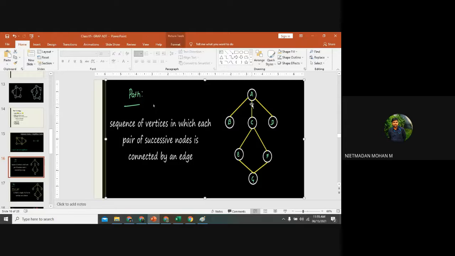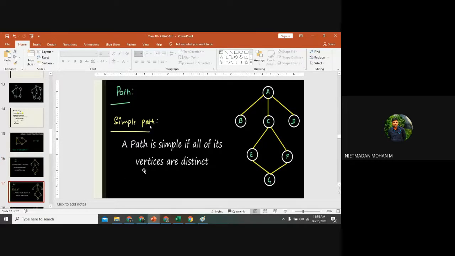Suppose this line is not there, this line between A and C, then what is my path to connect from A to G? No path. No path is available for this. In this undirected graph also there is no path, right? Yes, sir. So when you are creating a path, you want to find out whether all the vertices of the graph have been connected or not. That is the first thing you want to look at when you are going to create a path.